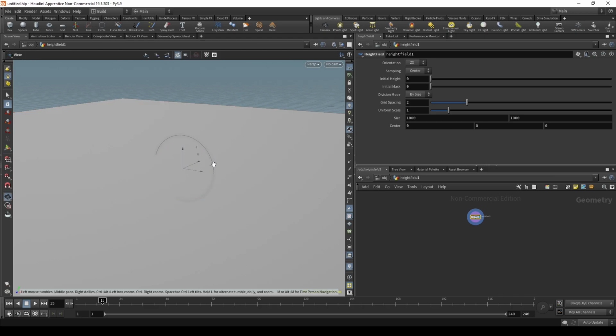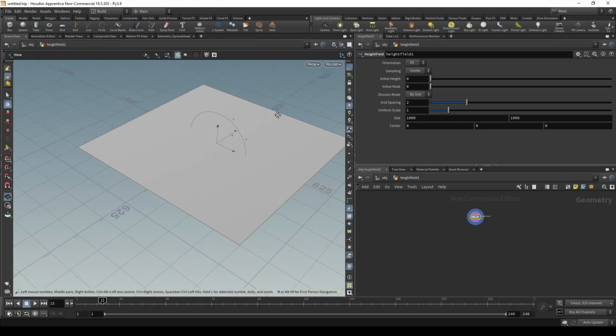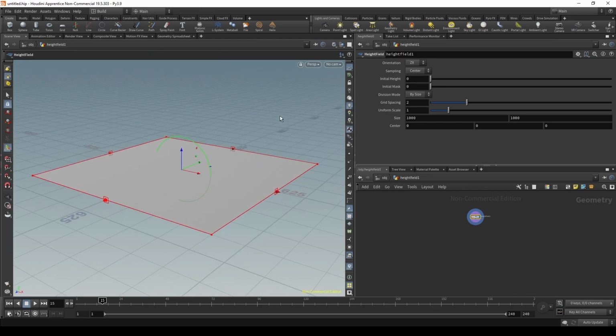a grid. Again, if you're just familiar with Blender, this is kind of like a plane, and the grid spacing is sort of the subdivision inside of Blender. And the uniform scale obviously is just the scaling. So I think I'll probably turn down the uniform scale,